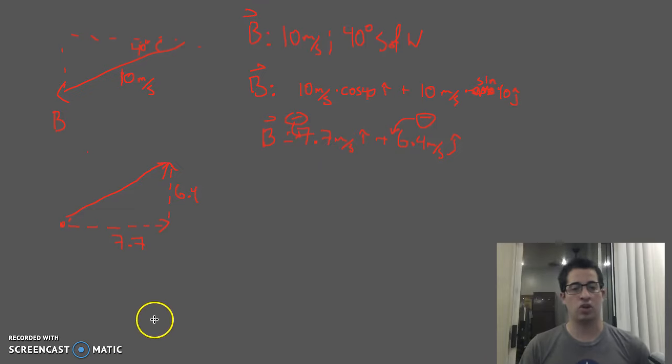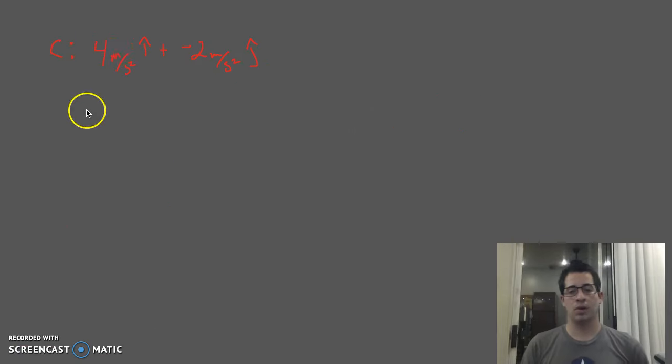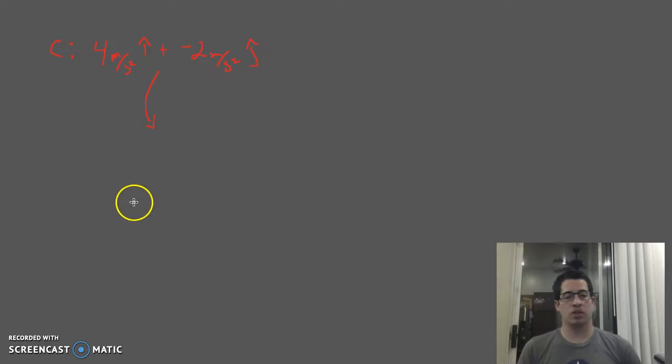All right, the last thing I'm going to show you is, if we do have a vector in unit vector notation, how to take it back to magnitude direction notation. So here we have vector C, which is an acceleration vector, and it's 4 meters per second squared in the I direction and negative 2 meters per second squared in the J direction. I want to turn this vector into magnitude direction notation. The first thing I'm going to do is sketch it. So I have positive 4, I have negative 2 for J,